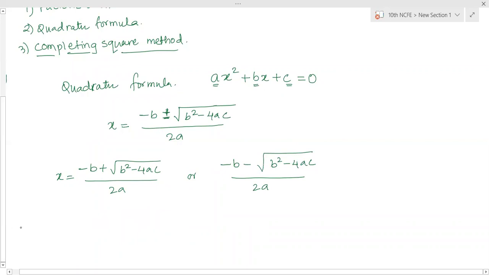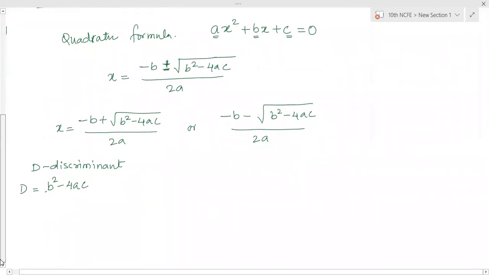Before substituting all the values in this equation, it is better to always find the value of b² − 4ac separately. This is considered as the discriminant, D. It discriminates the type of roots: by knowing the value of D we get to know which type of root we will get. Therefore it is called the discriminant, which separates whether the equation has real roots or non-real roots. D is equal to b² − 4ac.